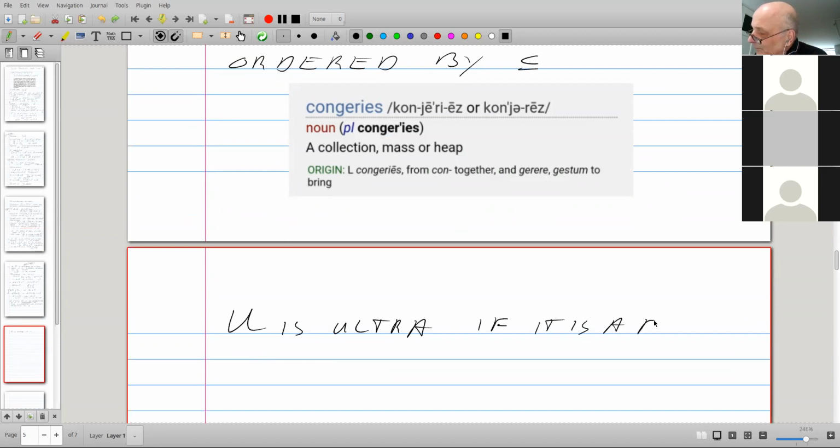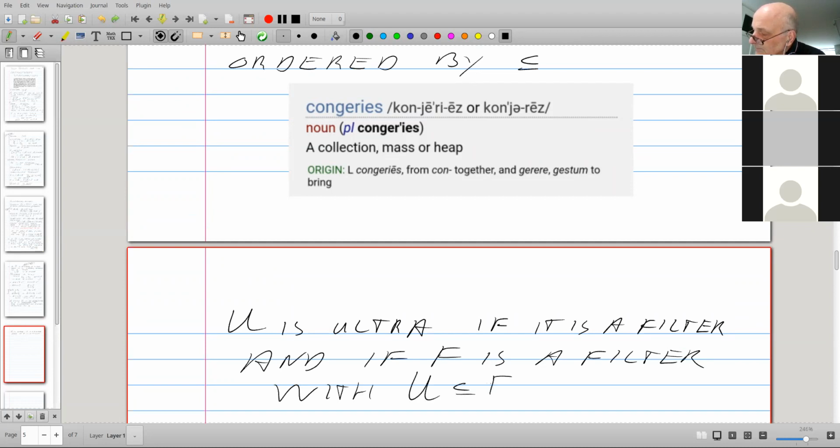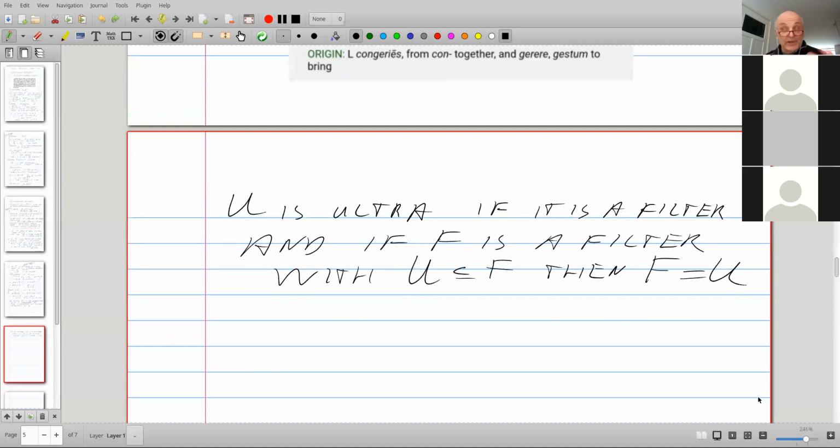A filter, of course, this is what it means to be a maximal element with respect to a partial order.